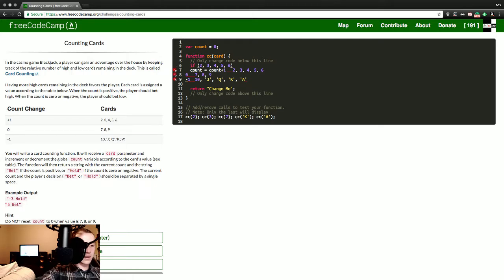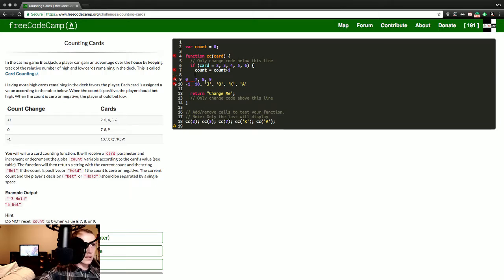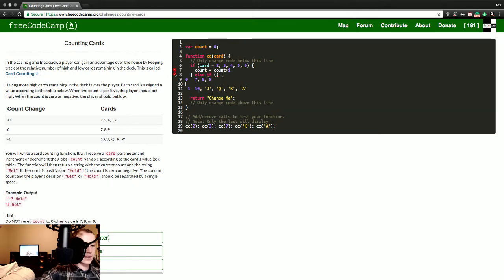So, copy. If card equals 2, 3, 4, 5, or 6. Will the commas work? Will the commas suffice? I don't need to make like an array value, do I? I don't think so. If this, curly stuff, yeah, else if, followed by parentheses, which will look like this, else,